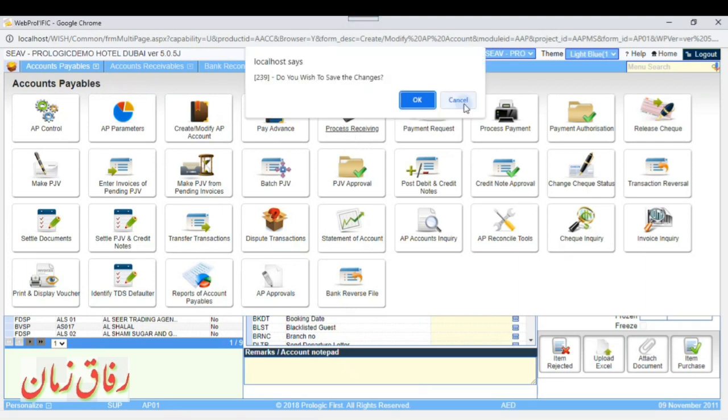Now I'll show you first of all the manual one, then the receiving one. Receiving inventory one you have not used, so I just wanted to show you how it will look. Yeah, it's very straightforward. When you go to Process Receiving,